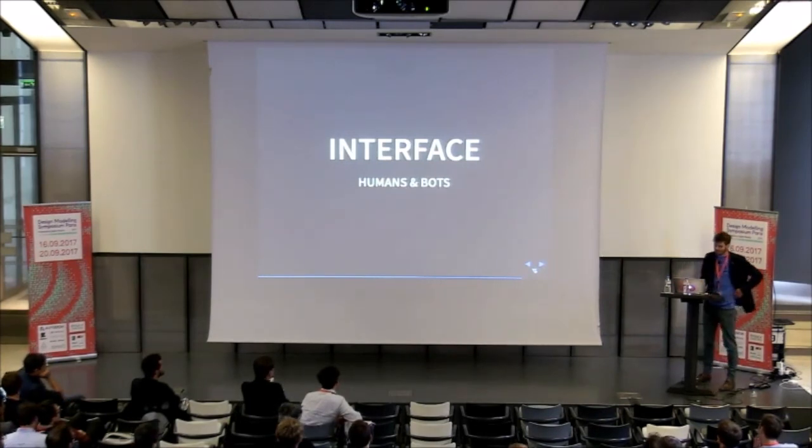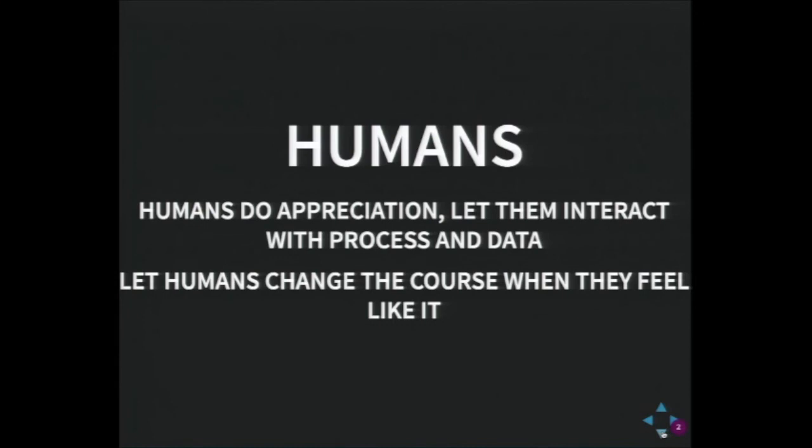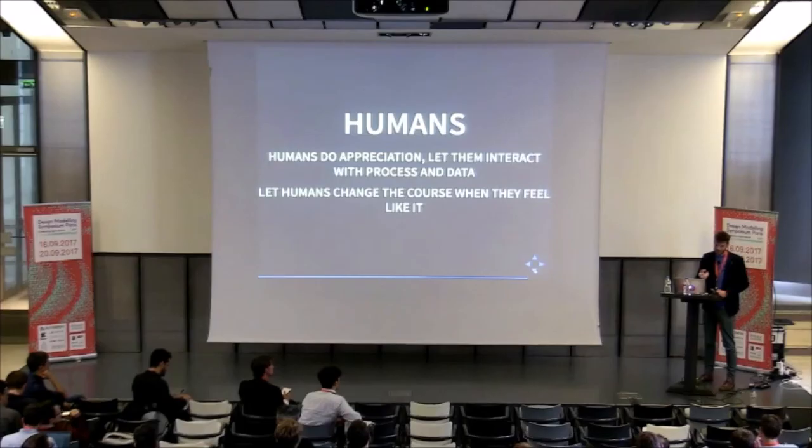In the last section, I want to talk about the interface. If you work on data together, you need to have a good interface. The humans and the bots need to be able to talk to each other. So humans do appreciation. Let them interact with the process and the data. Let humans change the course when they feel like it. I mean, the computer should not be the one to decide this looks good, this looks bad,